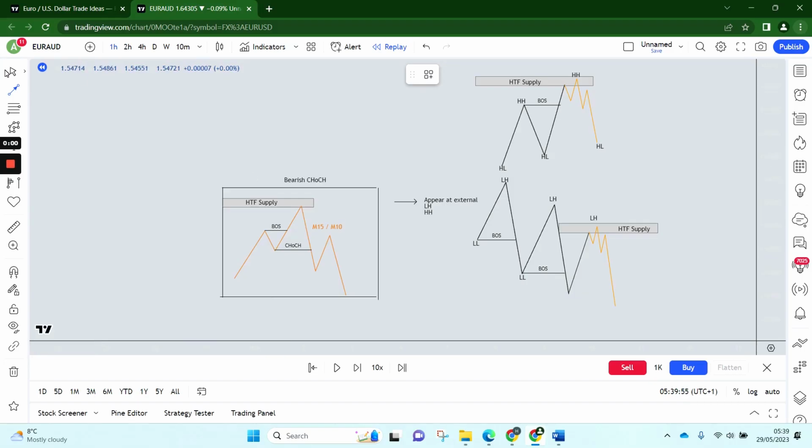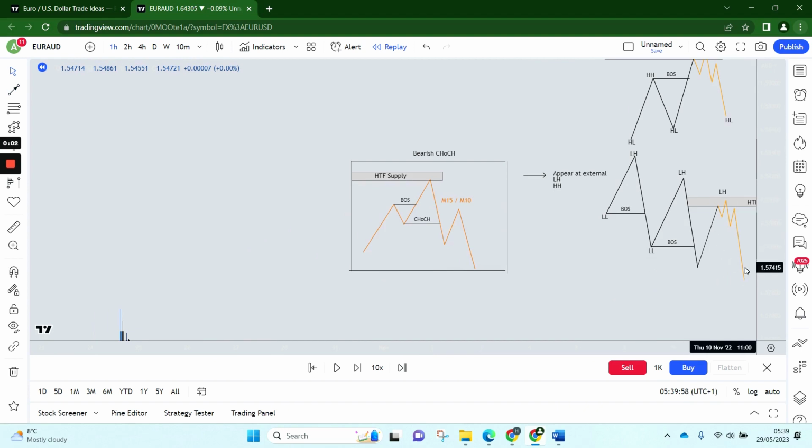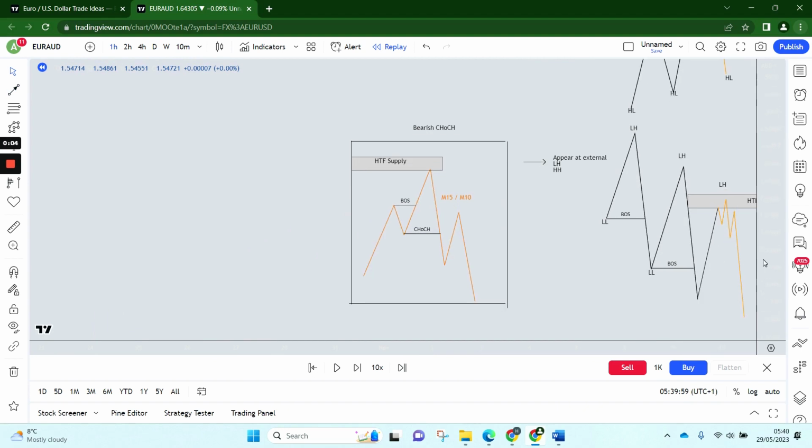So guys, let us have a look at some examples of the bearish change of character. So let us recap. So we said that the bearish change of character, we want it to appear on the internal structure, which is the 15-minute or the 10-minute. And then what we want to do is we want to wait for price to reach a higher time frame supply. And then we wait for the internal structure, which is our 15-minute or 10-minute, to switch bearish through a